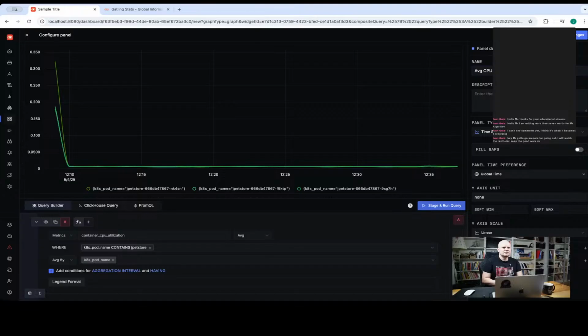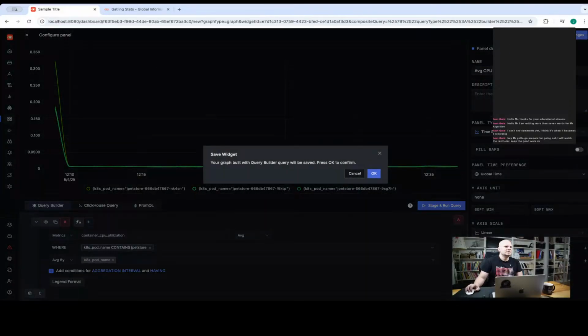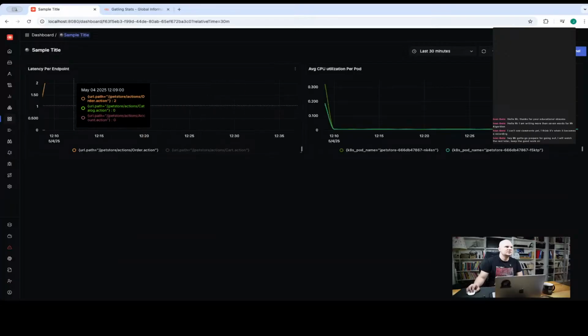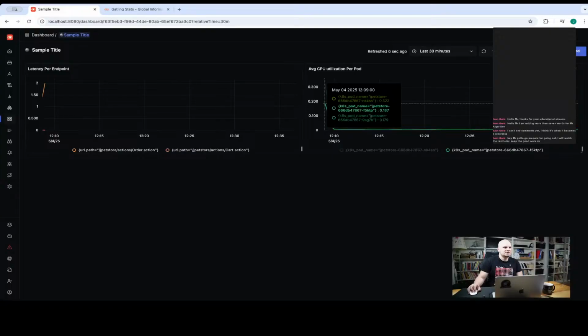If I can type correctly, per node. Save changes. Okay, this should give me the average CPU utilization here. And this should give me the average response times, right? So you can see here, and this is something that I was worried the most about, was the utilization of